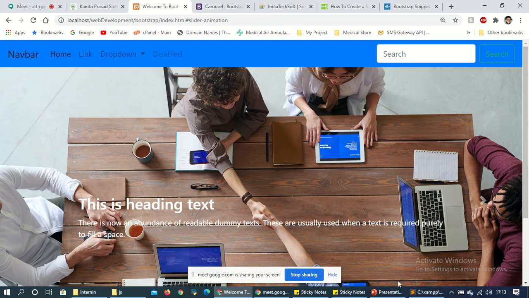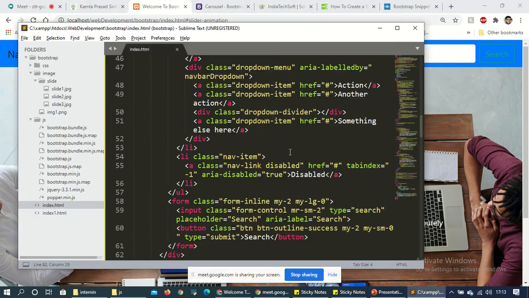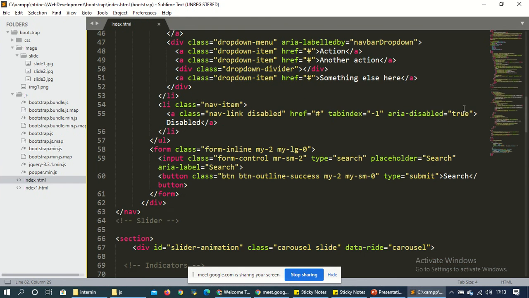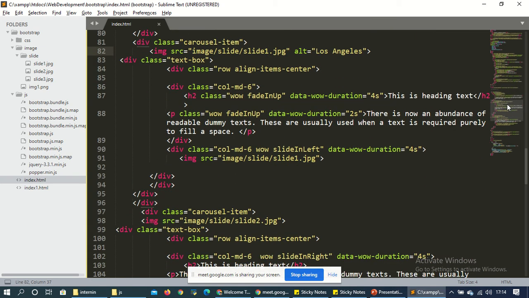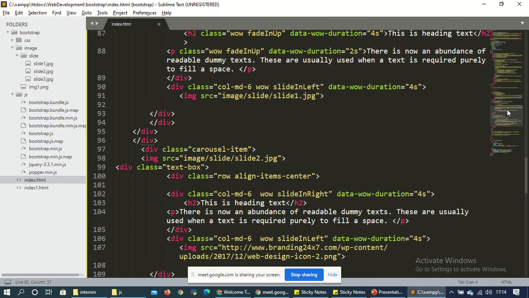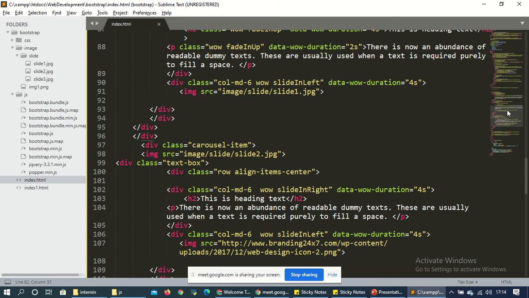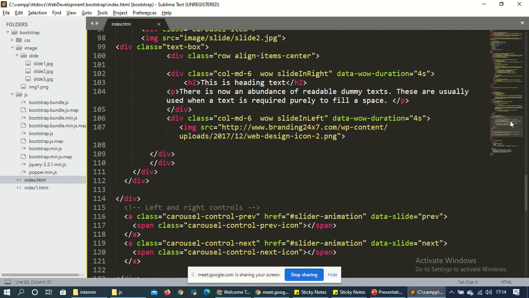This is the heading text, image.jpg. So here I first gave slide 2, then slide 1, and in mobile view, slide 2 and slide 1.